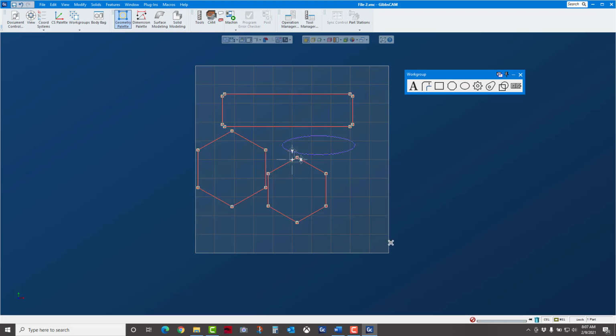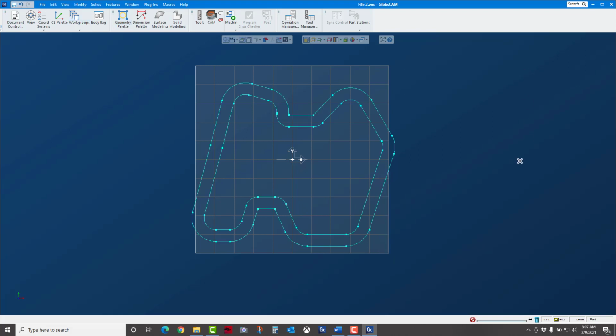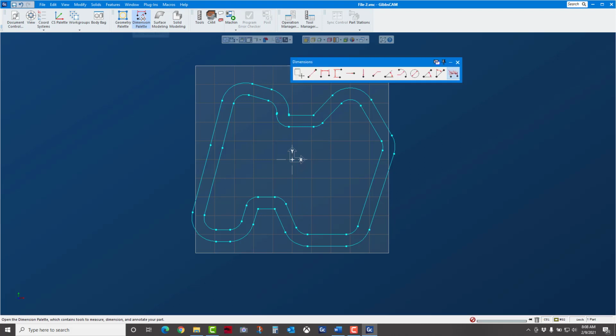So I'm going to trash all this geometry and hit return here, and let's go back to workgroup 2 where I've got a shape here, and we're going to go into what's new in the dimensioning. If I click the dimension palette, you're going to notice that there are a lot more icons on that palette. All these are pretty standard that we've had before, but one thing I know you're going to like is if, for example, I click alignment here and I want to measure this line here. I click this point, and in the past you would have to commit to it and click here, but now I can just hover my mouse over it and it's going to show me that